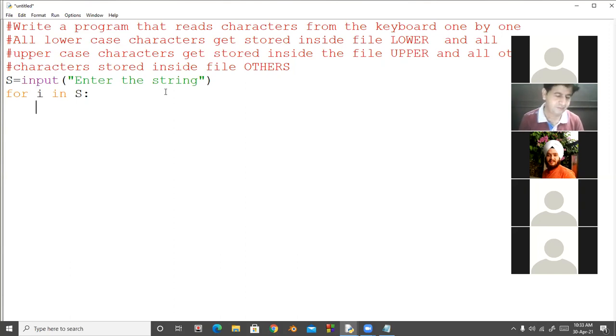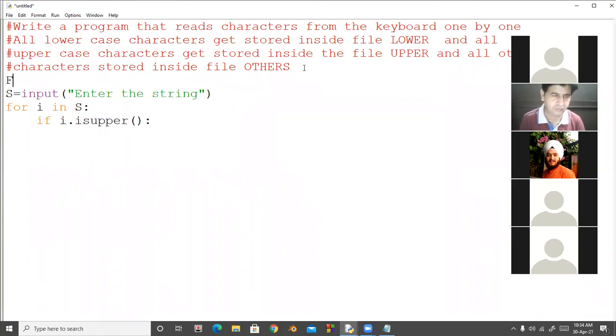Now I am using here if I dot isupper, in that case we will write the data in the upper file. If it is lower, in the lower file, so we will have to open these three files.